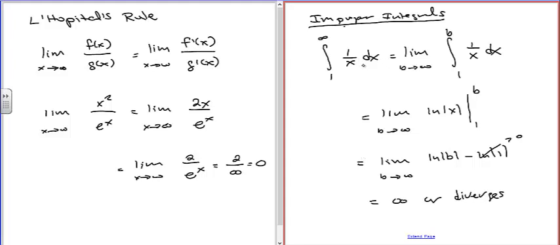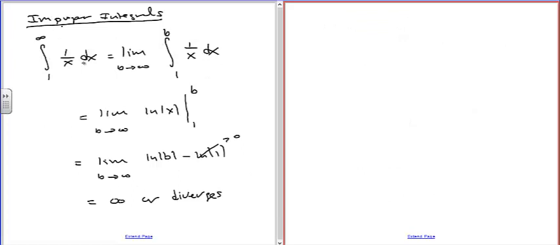The other option is, instead of the limit going to infinity, if the function goes to 0. So if we did the integral from, say, 0 to 1 of 1 over x squared dx, what happens here is the limit doesn't go to infinity, but the function goes to infinity at this limit,